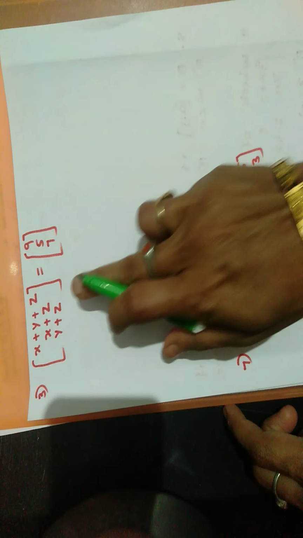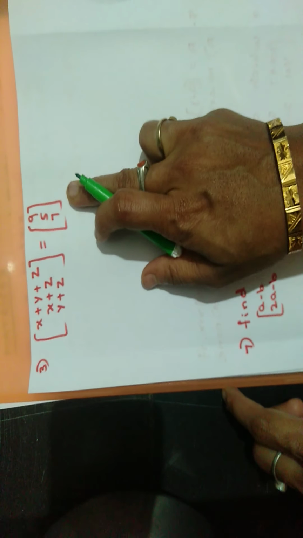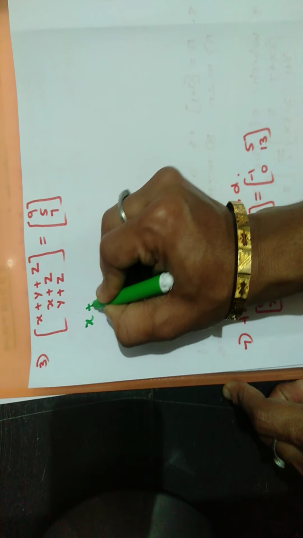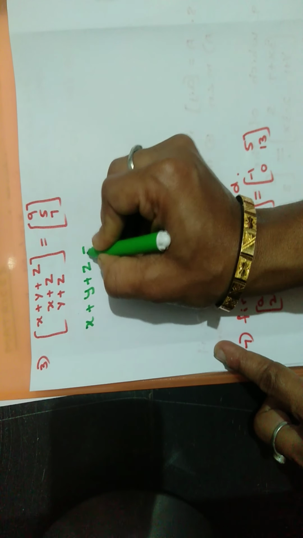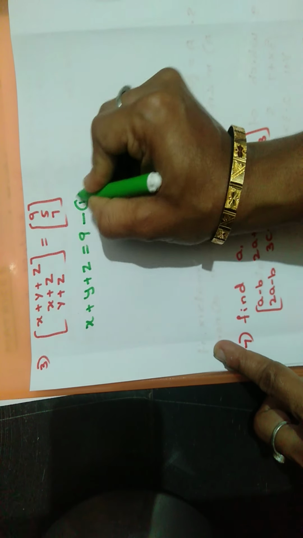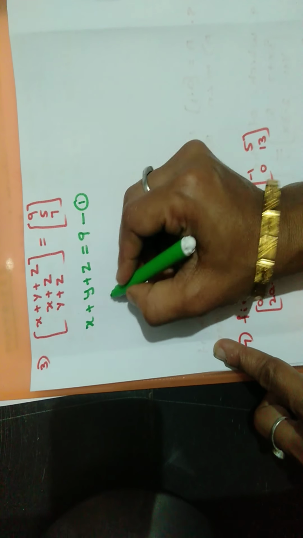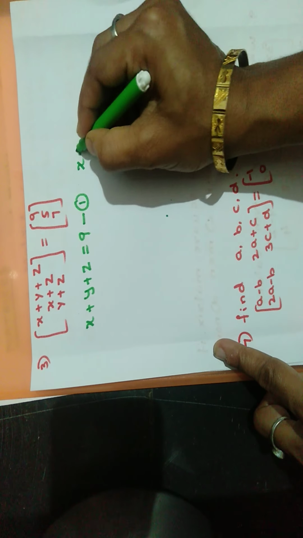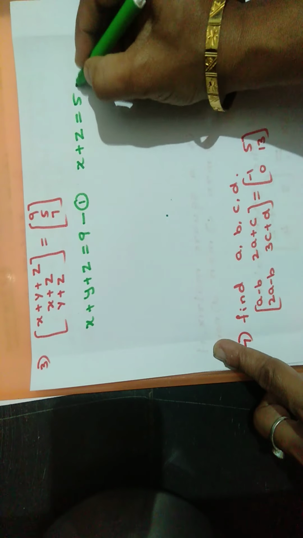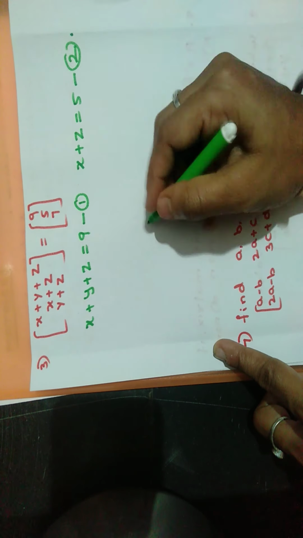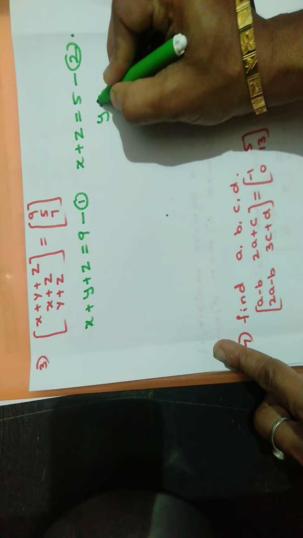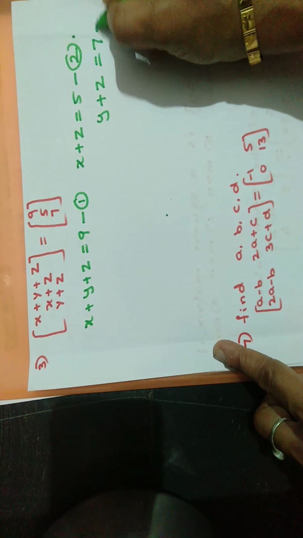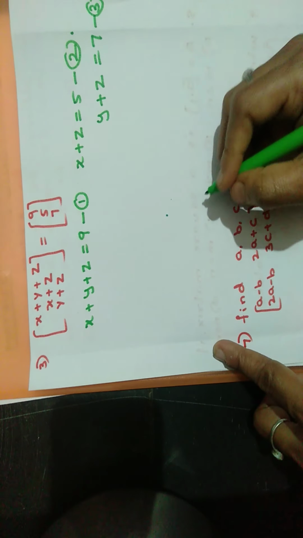Again one more example is there, so here we have written x, y, z values, that is equality of two matrices we have to apply. So that is x plus y plus z is equal to 9. This we call equation 1. Next, the second equation, x plus z is equal to 5. This is the second equation. And the third equation, y plus z is equal to 7. This we call the third equation.